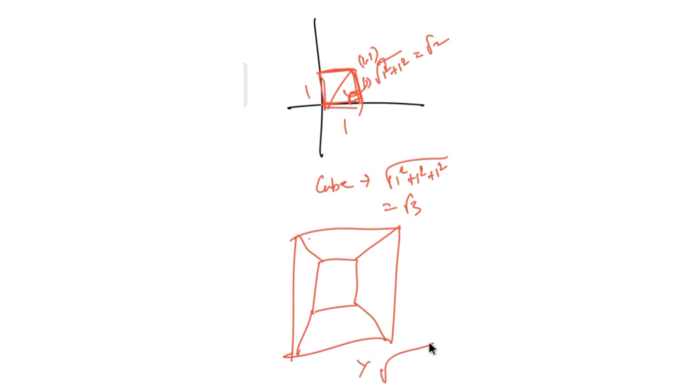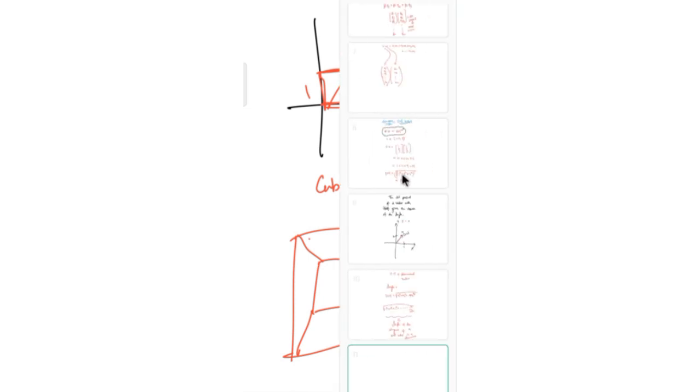I'm not sure, maybe you can add some other arrows or sides. So again, the diagonal is root over 1 square plus 1 square plus 1 square plus 1 square. So this is how you do it. Forgive me if this is not a four-dimensional cube. It's not a cube actually, it's a four-dimensional figure, but I assume so. Okay, coming to the next one. So this is all about it.